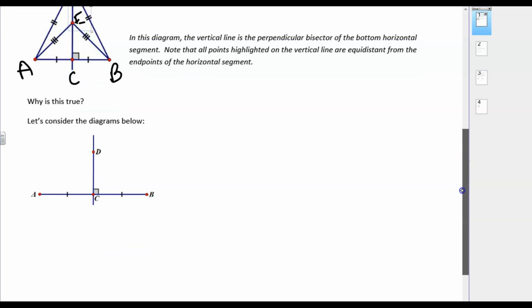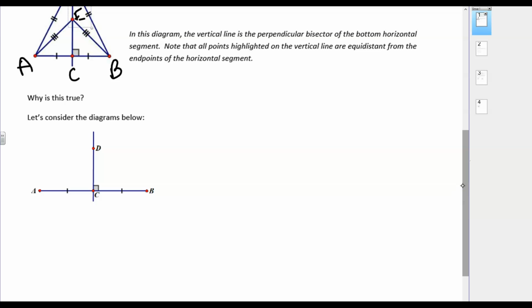So why is that true? Let's take a look at this here. Here I have drawn a really basic perpendicular bisector. AB is being bisected by line segment CD. And when I look at this, if I were to draw in AD and BD, I note that if this